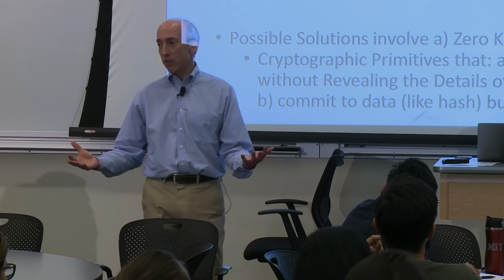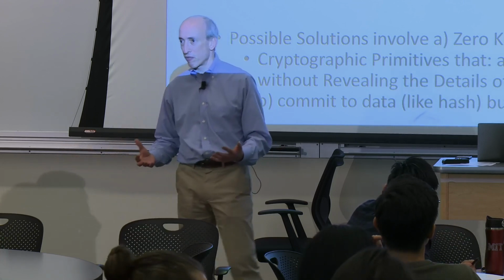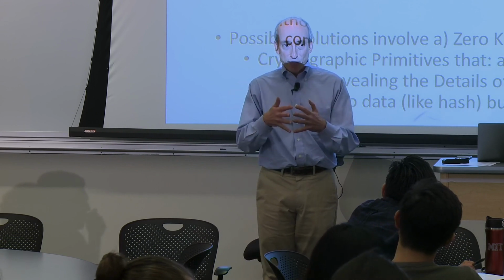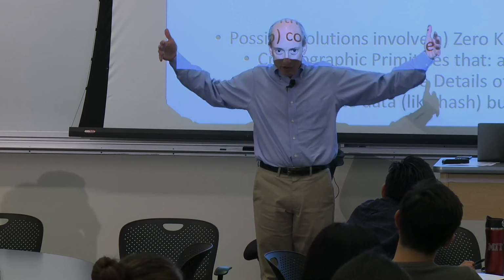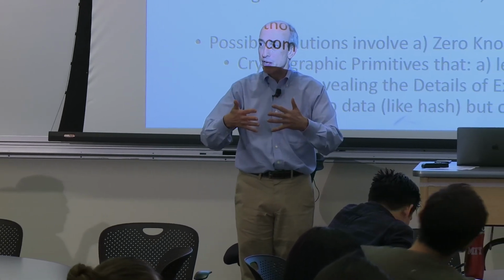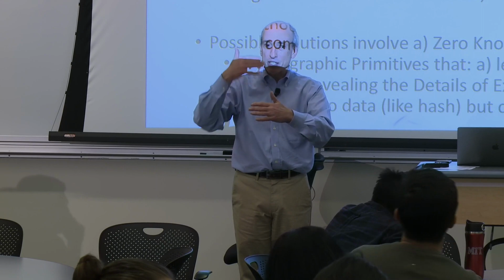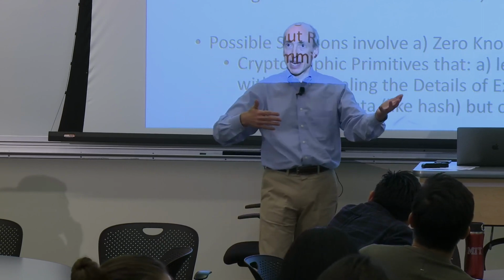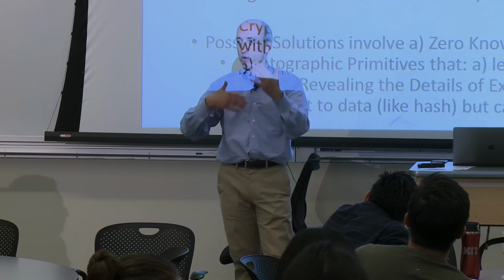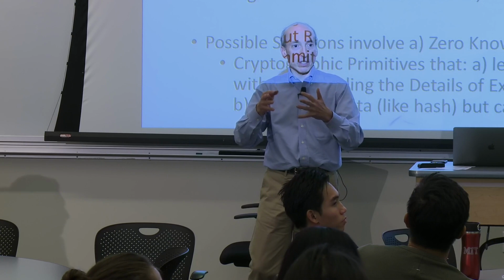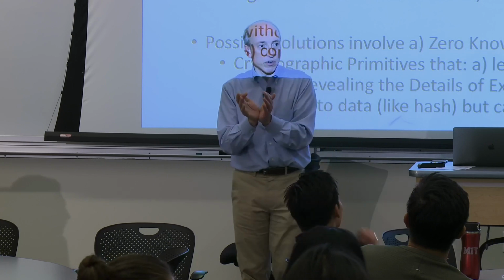And Pedersen commitments are yet another cryptographic primitive or algorithm, which interestingly are similar to hash functions, where you take a bunch of data and you squish it together in a sense. You compress it and get a commitment, but you can actually add and subtract them. It's an interesting thing where you can commit to data like a hash, but you can also add and subtract commitments. So it has some interesting features.